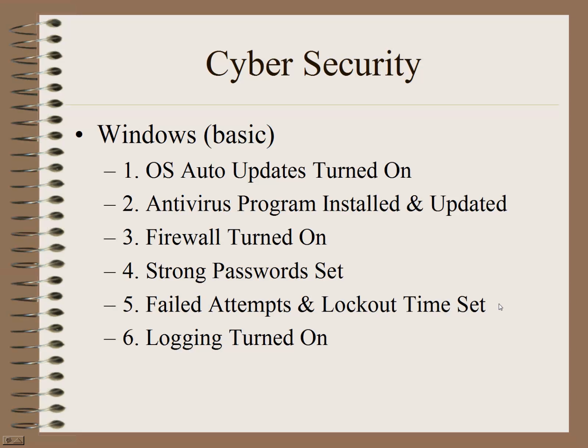There's 6 things I'm going to be talking about. First is the auto updates for Windows that needs to be turned on. Need a good antivirus program besides what Windows offers. Firewall needs to be turned on. We're also going to talk about maybe a third-party firewall. Windows does a pretty decent job with their firewall, but there are some limitations to it. Passwords. It's really important to have strong passwords, and we'll talk about that. You also might want to log any failed attempts, and you might also want a lockout to help limit hacking